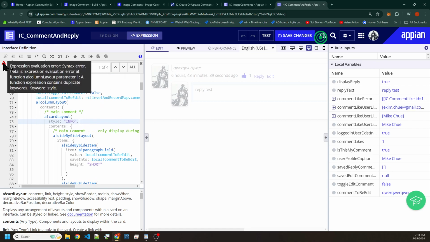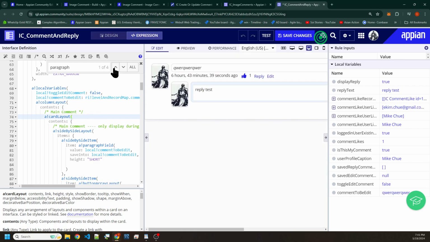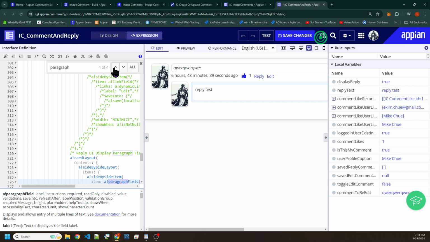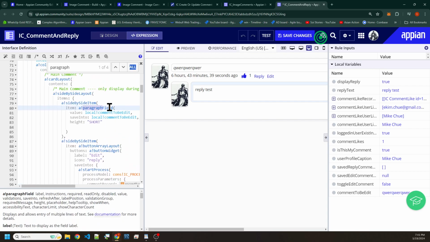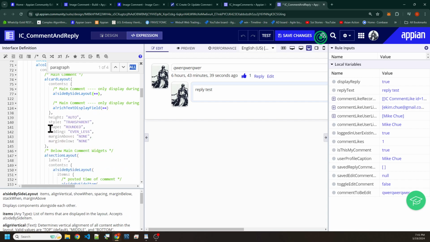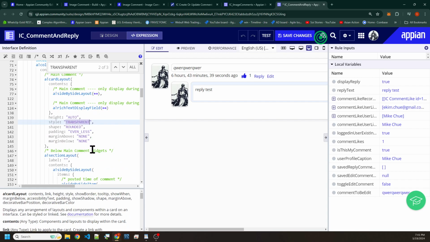Maybe this one is already a duplicate keyword here. Yeah. So let's go to the top one. What do you mean duplicate? Are you saying that it's transparent? This is not right. So info, right? So let's look up the